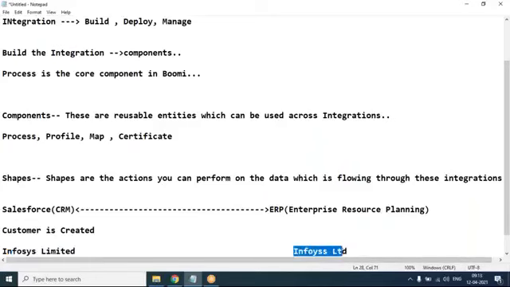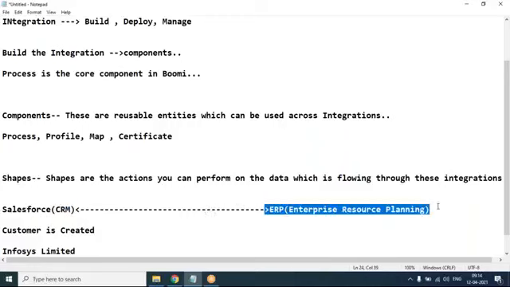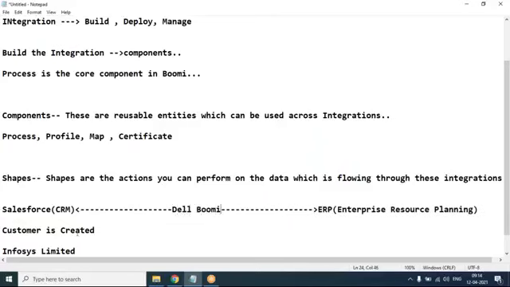So what organizations would suggest is, they will identify a system which is also called a source of truth. Source of truth means any data coming from that specific system is the correct data, right? Any information coming from that application is the correct information, and whatever information is residing in that system, we will take as is and pass it on to the ERP. So what will Dell Boomi do is,